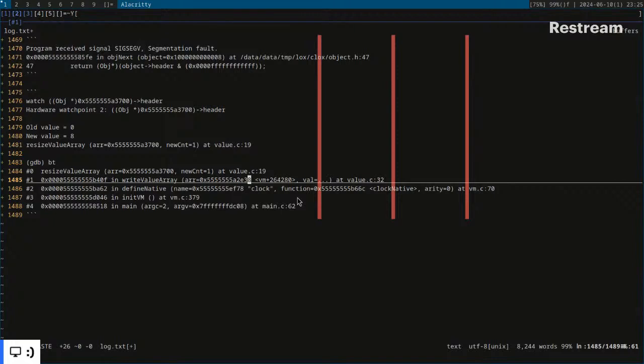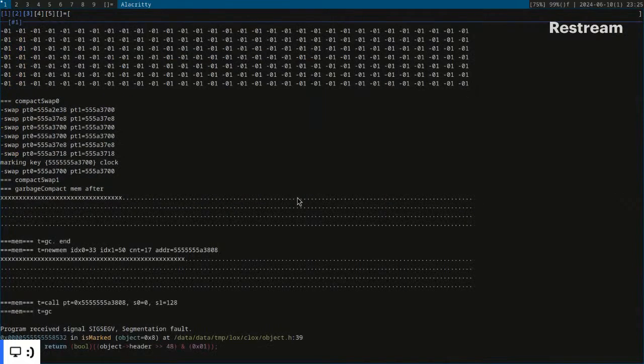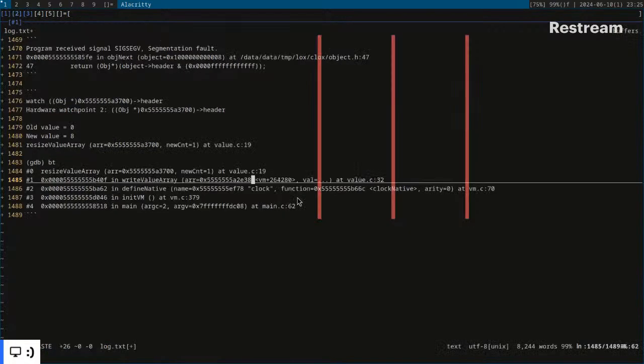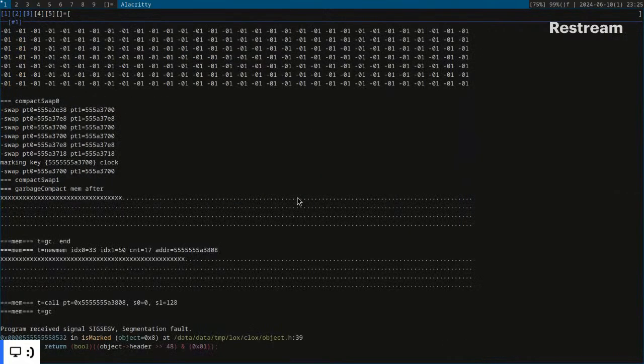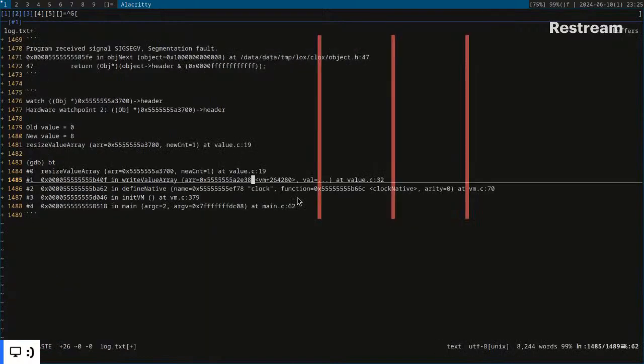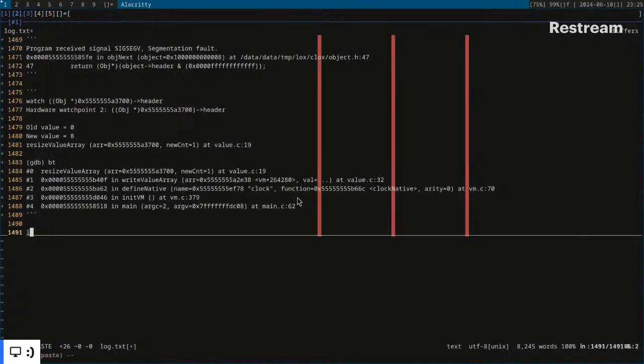Seems like when we are resizing the array, we kind of point to the new stuff. Okay, observation. Looks like when we are resizing the value array,